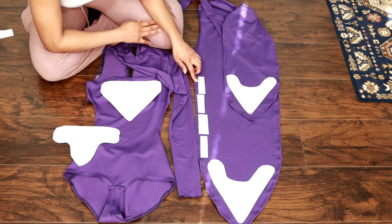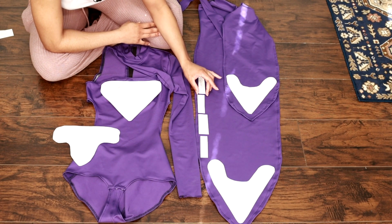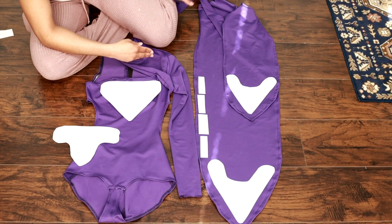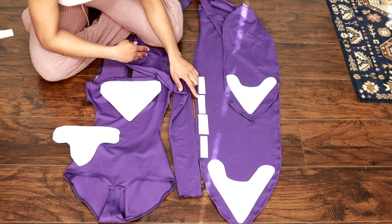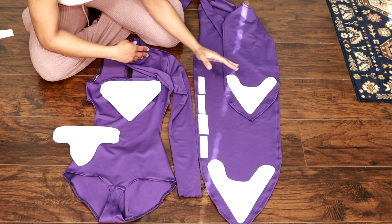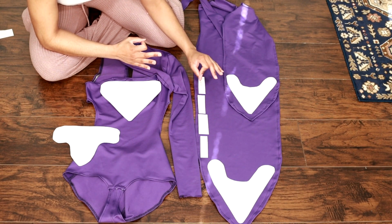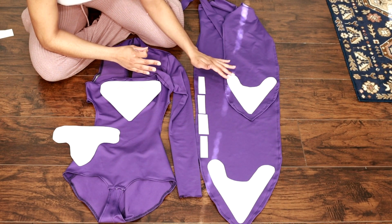And though I like the 1/2" one, I think I'm going to go with the 0.75 or the 3/4" one, because it gives me the best look and everything. And then I can easily go around this whole border of this. So I feel like I'm going to end up going with that size, and then everything else is good to go. So I think I'm finally ready to actually cut this out in my vinyl, which I'm getting really